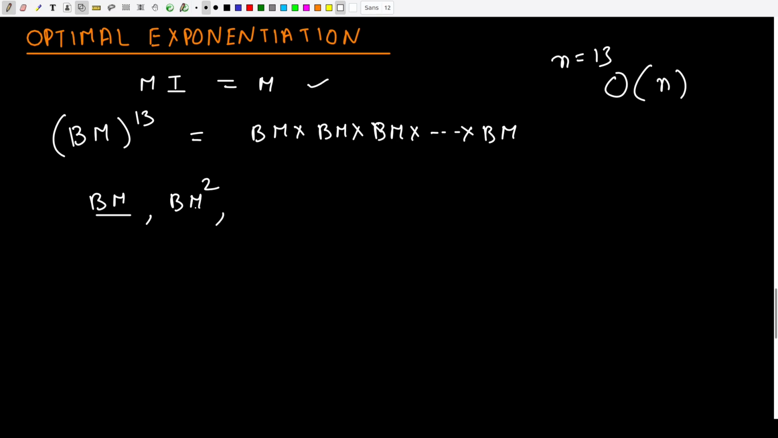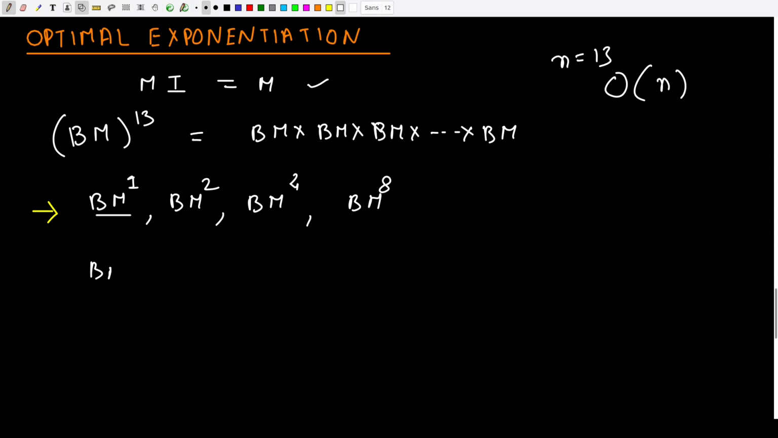So BM square can be computed just by squaring BM itself. Similarly, once we have BM square, rather than computing BM cube and so on, what we are going to do is we are just going to go ahead and square BM square and we will get BM4. Similarly, we are going to go ahead and square BM4 to get BM8. So now given this, which is BM square, BM4 and BM to the power 8,